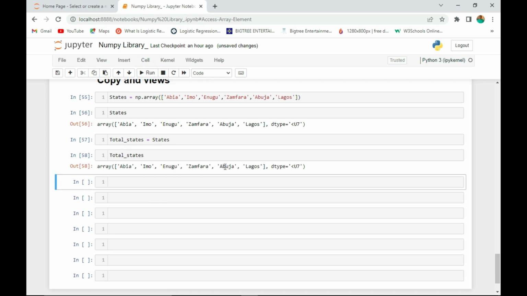Remember what I told you about the data type before. This means that these are string values, and the longest element here has a length of 7. You can see 1, 2, 3, 4, 5, 6, 7. So you can see how we assign a particular variable to an already initialized variable. The values automatically go to this, so no new copy is made. Let's show if what we said is true. Let's say total states